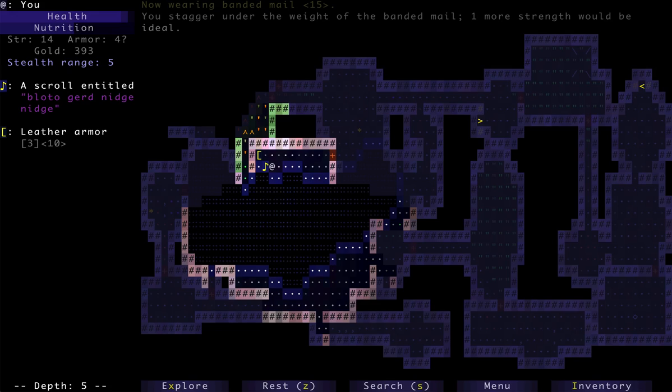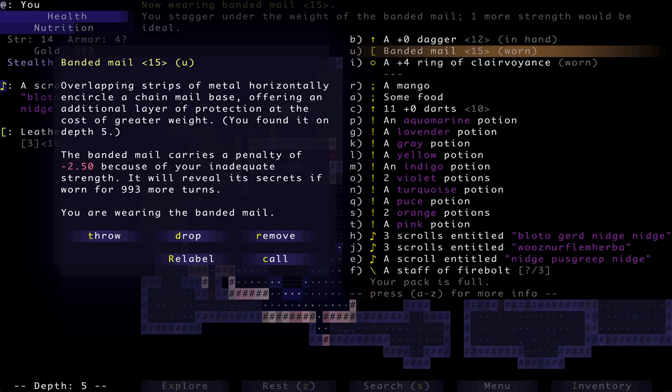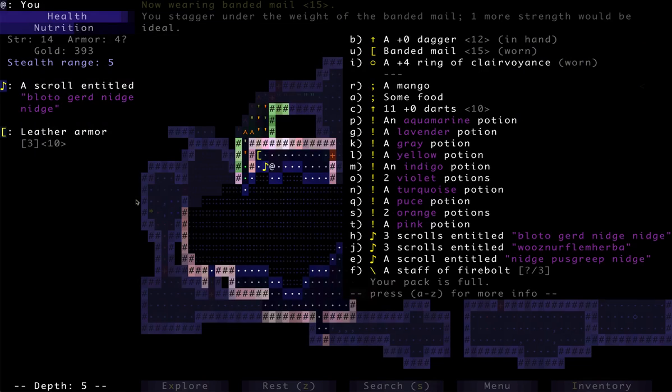There's a question mark there because this armor has secrets. So it might be enchanted and have some special properties. You have to get familiar with the armor before you find out if it has something special for it. Let's see. So if I wear this for 993 more turns, we might find out something about it. My pack is full. This would be a good chance to...